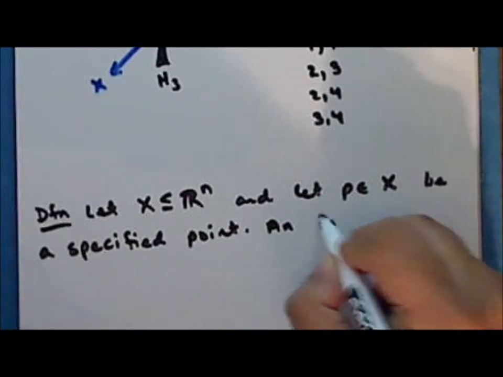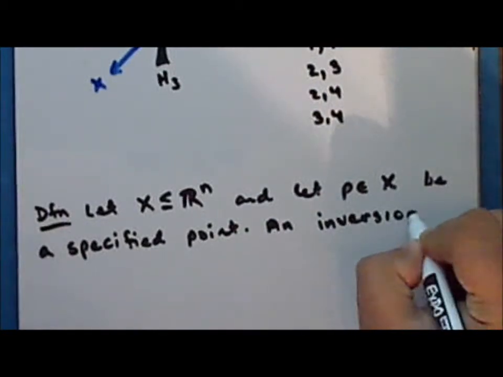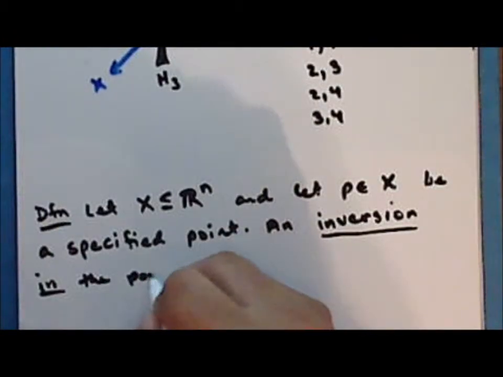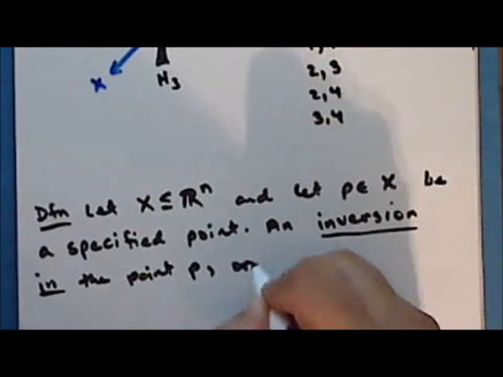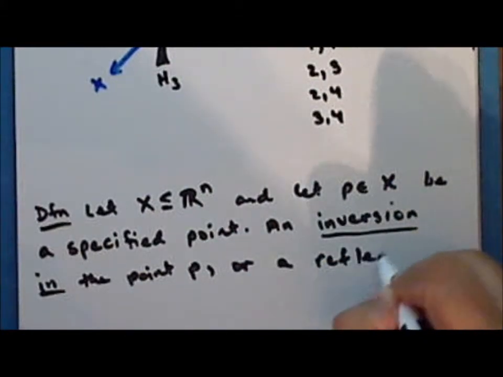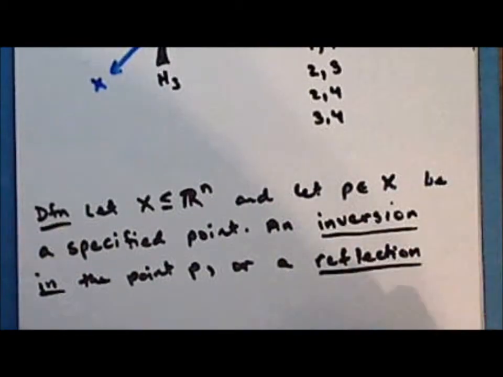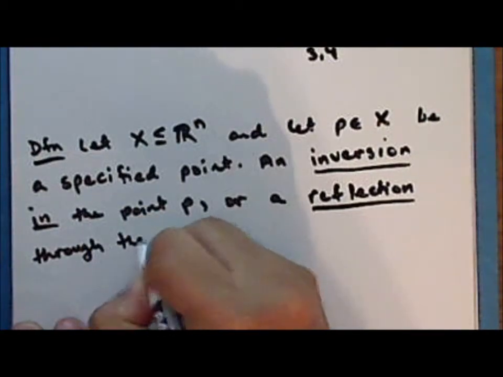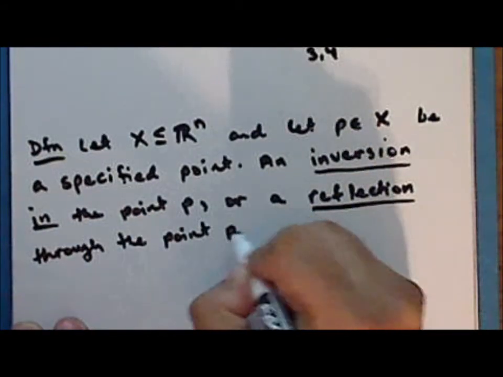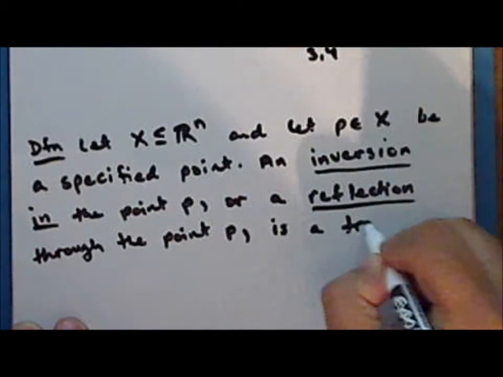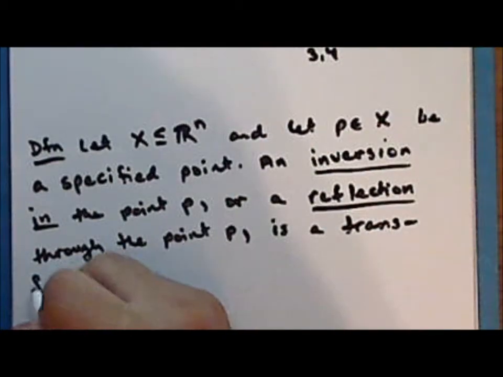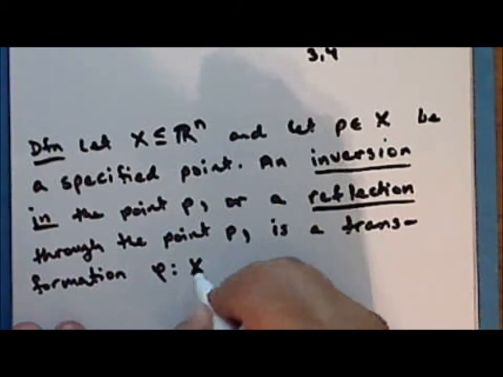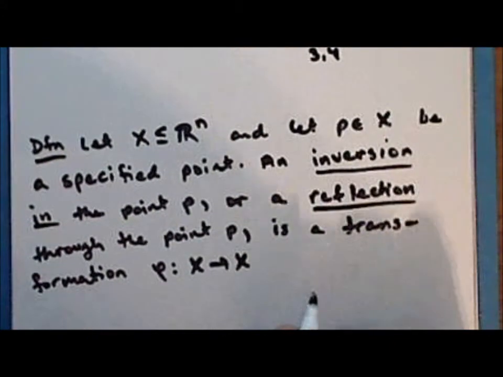An inversion in the point P, or a reflection through the point P, is a transformation which we will call phi, mapping the set X back into itself such that